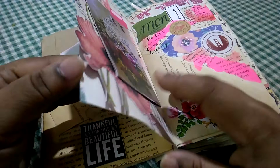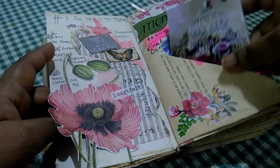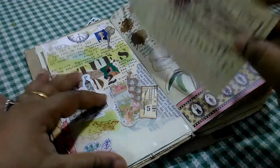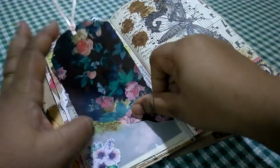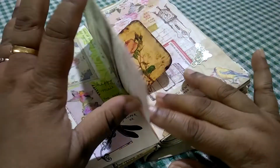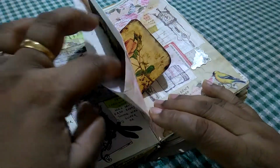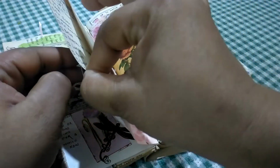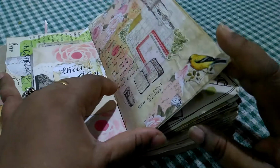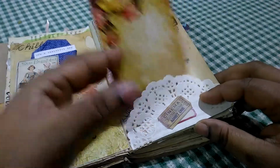I think I did do a quick flip of this journal that she had made for me, and I'm not going to go into the details, but I have decorated some of the pages because she did a prepped up journal. In spite of that, some of the pages were empty and some I thought needed a little bit of embellishment. And I will just go through this journal very quickly because I don't know most of the things that she had done, how, and you know, like I have journaling done over here, and I was doing two journaling challenges, so there are tons of flip outs, and yeah, these are all collages that I made, like my style,